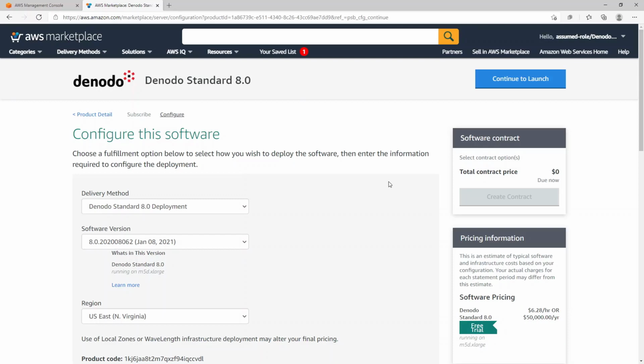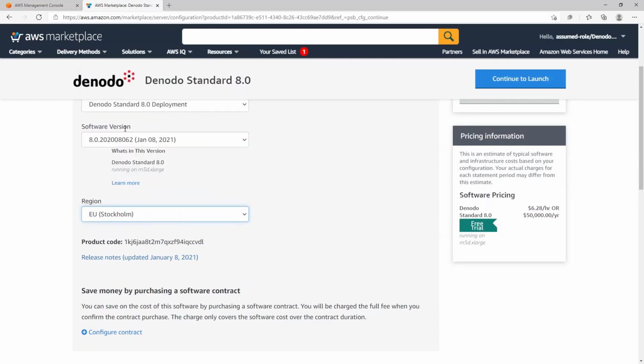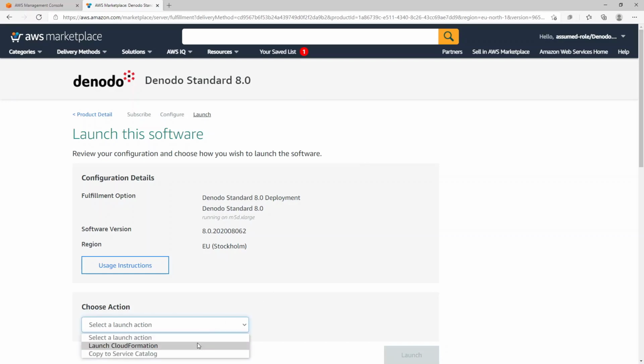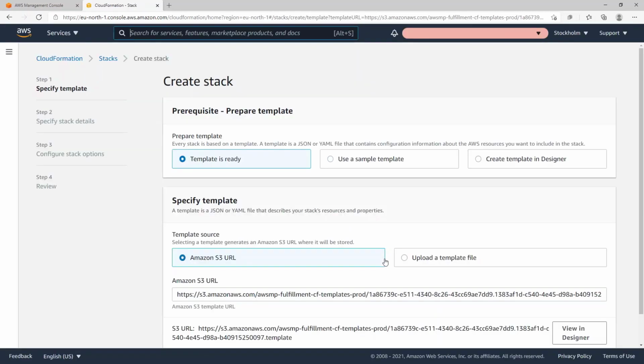For this example, I select Europe, Stockholm. After this, click on Continue to Launch. And finally, on the next screen, select the Launch CloudFormation action. And then click on Launch to start the process of configuring and starting the Denodo Solution Manager.